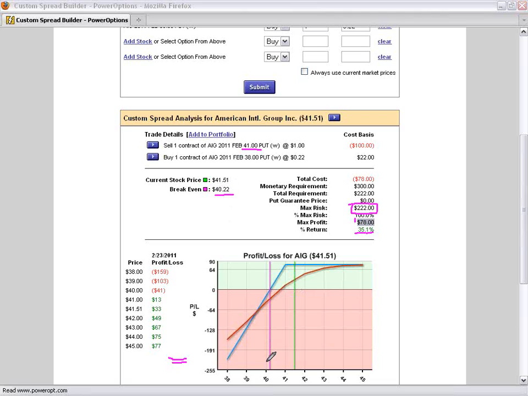What can I do now? Hey, why not sell a March 40 call, or another weekly 40 call against it, turn the position into a covered call trade. But if I would have sold it for $1, if the stock was trading at 39.75 and we had the 41 put, well, our cost basis would have been 40. So we're still only losing 25. We're down 25 cents instead of 50. It's still okay. What I'm protecting against is the extreme unexpected, if the stock goes down to 35 or 36.